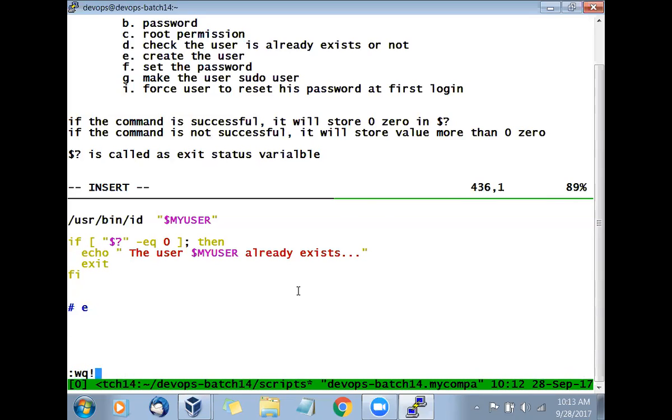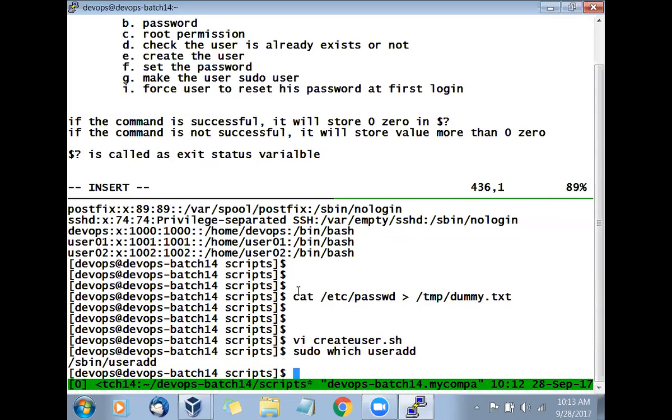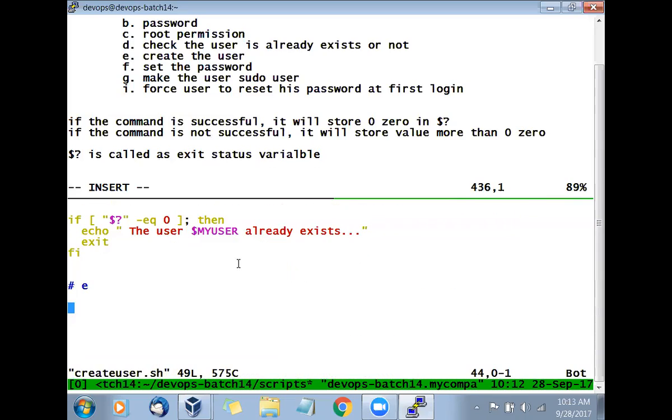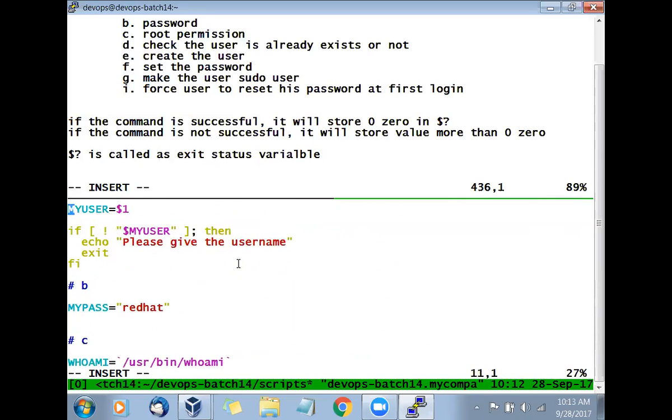So let's go and see where the useradd is. Which useradd? You see, this path is for useradd. So I'll use it in my script. I'll say go with this path. And which user are we going to create? $myuser. Now, pardon? But we have given the $1 to myuser right here in the first case itself.